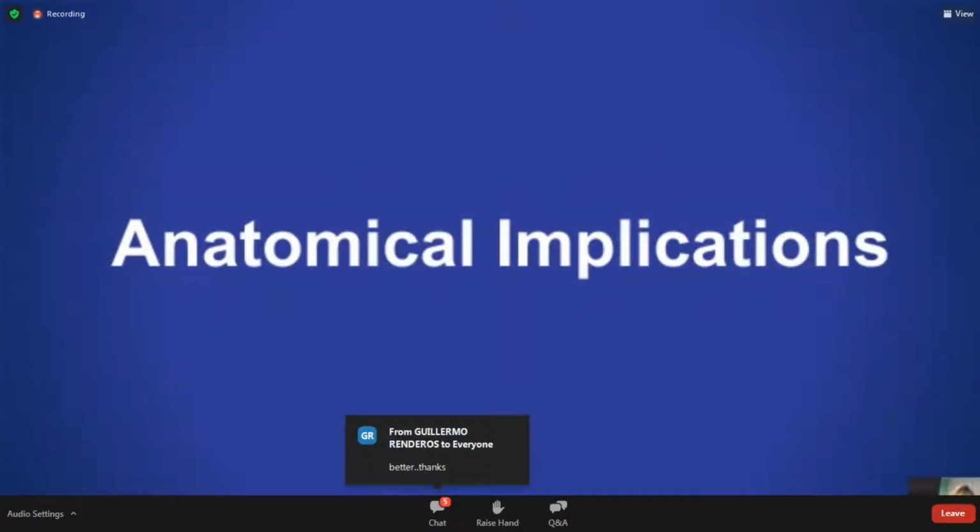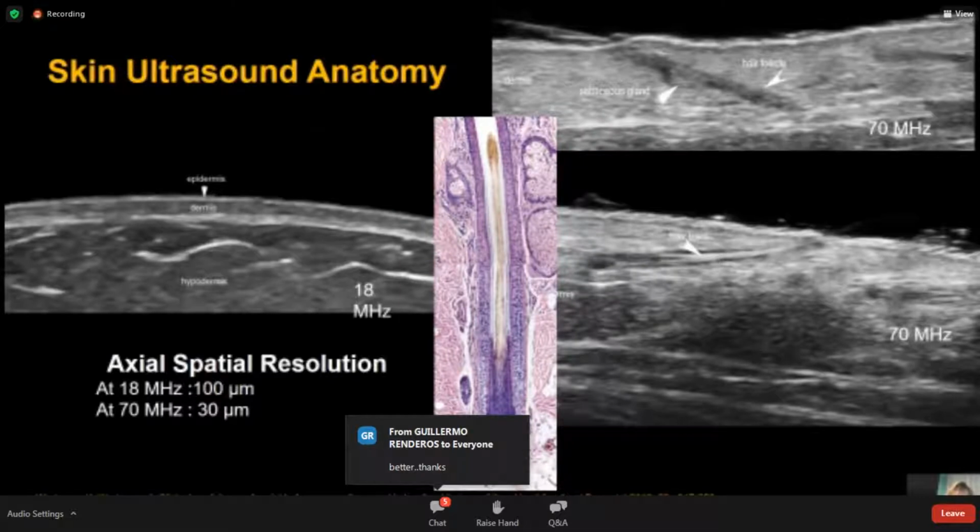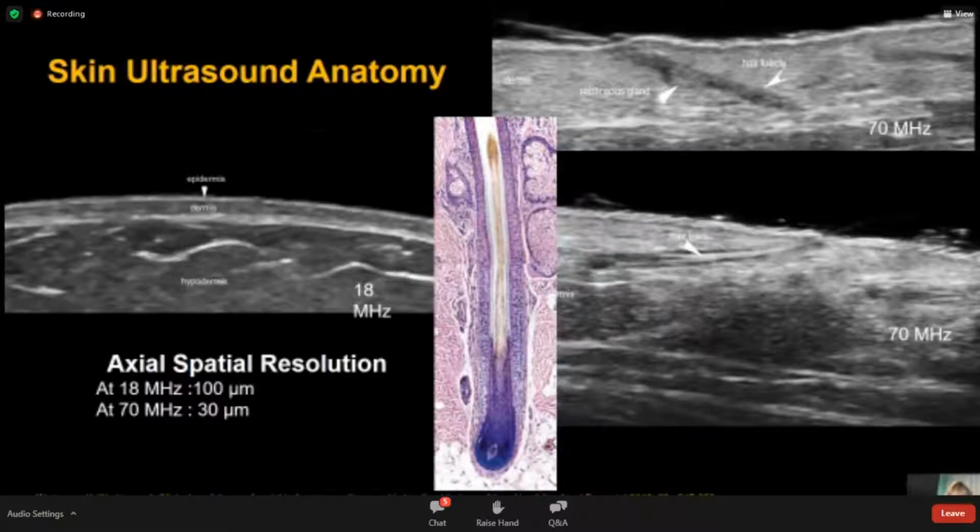So, what are the anatomical implications? First, how does the skin look on ultrasound? If you look at the image on the left, you will see the ultrasound of the skin in the dorsal forearm